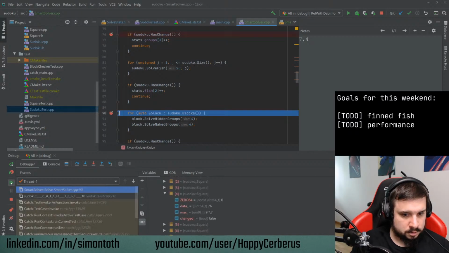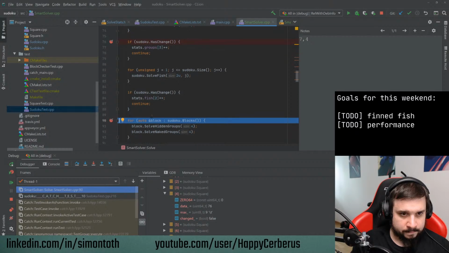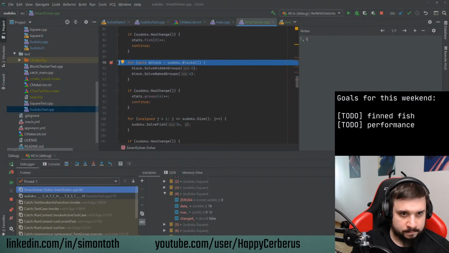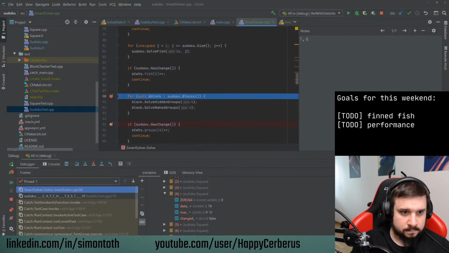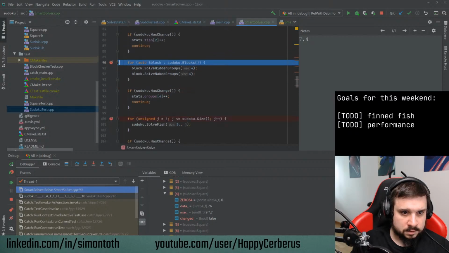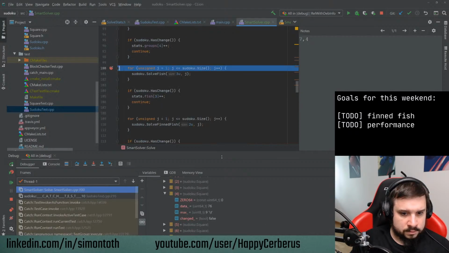Then fish, still 76. I guess I can jump here, that's fine. Then blocks of size 4, still 76. Then fish of size 3, still 76. Then finned fish of size 2,